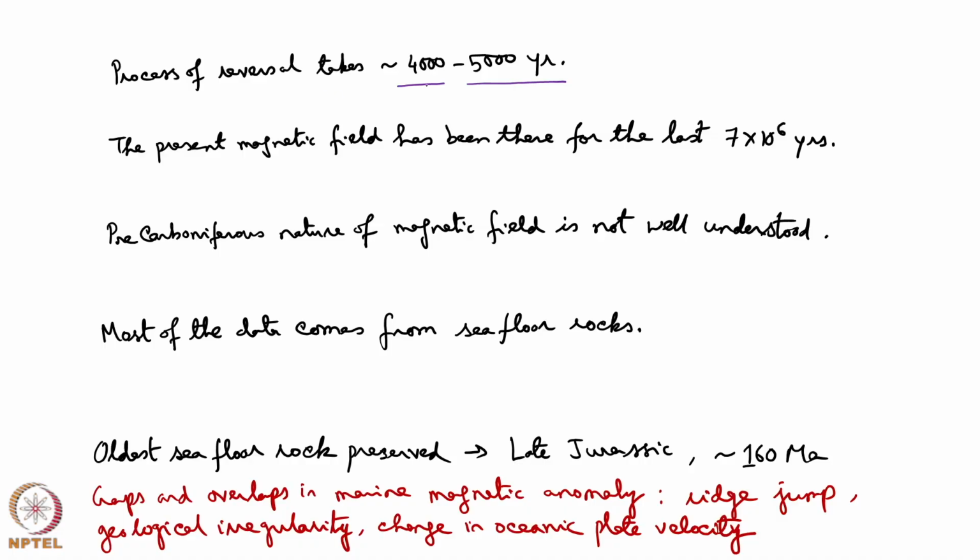And if the geomagnetic reversal is instantaneous, imagine it is very fast, few years, although it is not so, then there will be a large scale extinction of organisms, because organisms cannot adjust so fast in few hundreds of years in an opposite magnetic polarity. And this process of reversal, what I said, can usually take 4000 to 5000 years, will be represented in the magnetostratigraphic column by such a